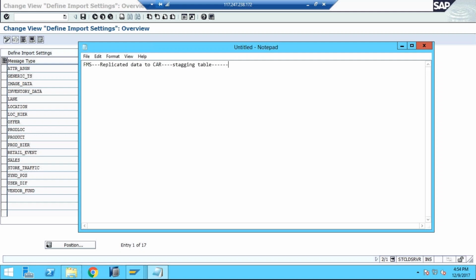Then the data will be replicated into your final table. Now you are eligible to use the final table data. Now you are going to use it for any third application. Now after storing the data here, you need to